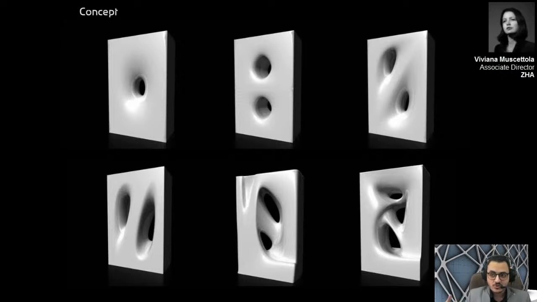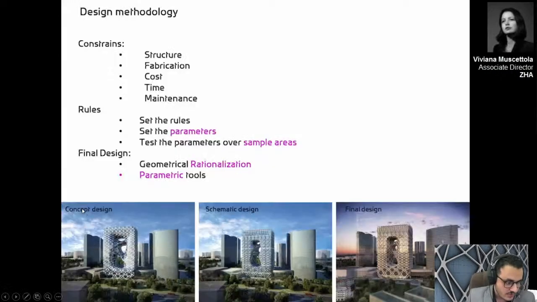Bollinger + Grohmann was responsible for the structure and the exoskeleton, and Front was responsible for the cladding and fabrication of the cladding for the exoskeleton. And of course they developed such an amazing thing. As you can see here, these schemes, or these forms, are fluid and look amazing, but when you want to make something architectural from them, it's kind of hard, because